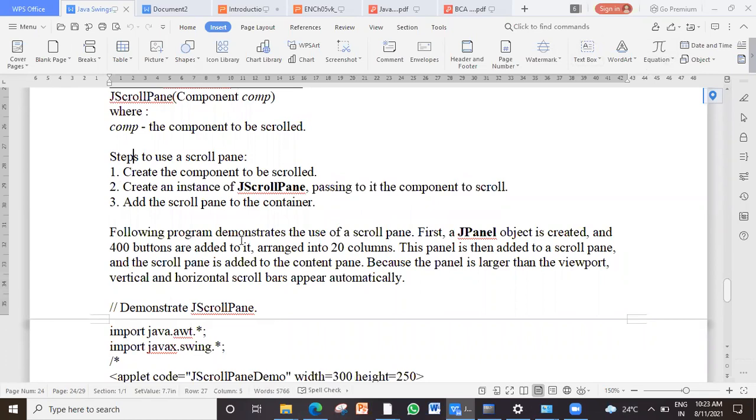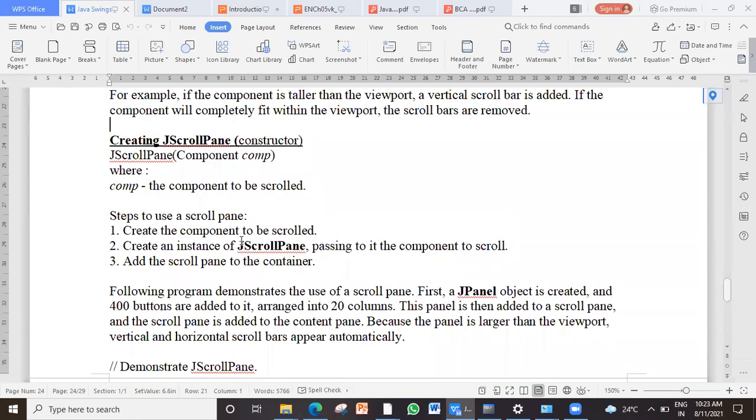As usual, we have a constructor here. Scroll pane can be created and it should be attached to a component. A scroll pane does not have any name. It is just a scroll bar. It should be specified which window that scroll pane is attached to. So either it should be directly the applet window or the pane which is named. Just now we created panels, so we can create panels and then even that pane can be attached.